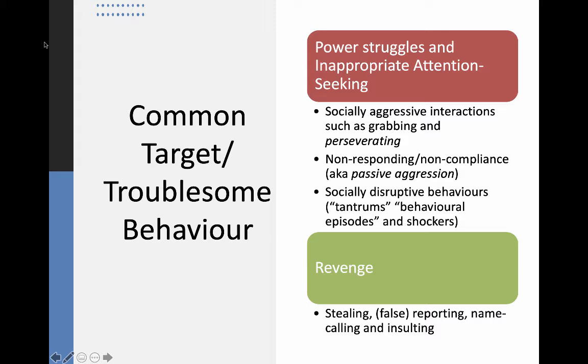One of the things that people often think when they go into the field is that they're going to see lots of physical violence or lots of strange sexual behaviors. And those are not even close to the most common behavioral problems you'll experience. Certainly they sometimes occur. But by far the most common behavioral problems that you'll see will be power struggles and behaviors that are associated with getting attention that may be socially unusual, inappropriate, or dysfunctional.